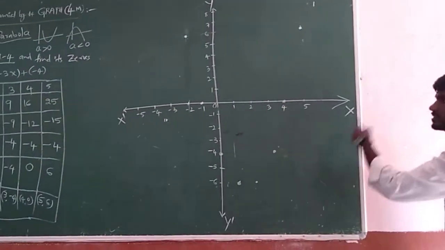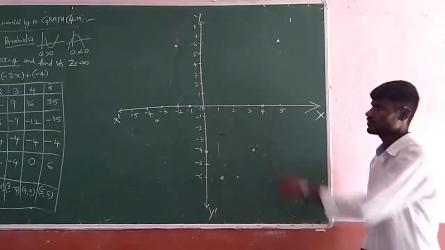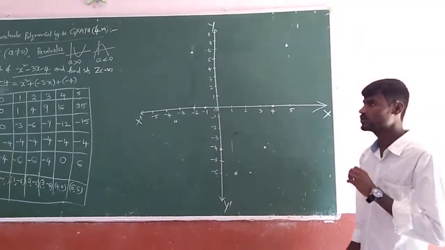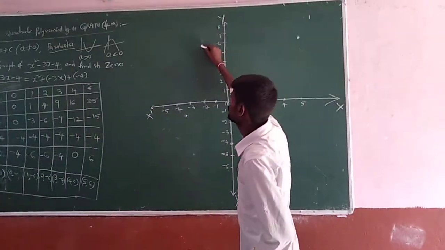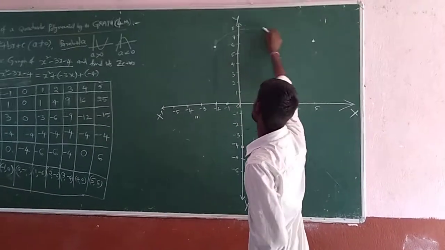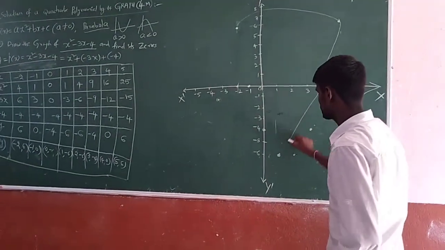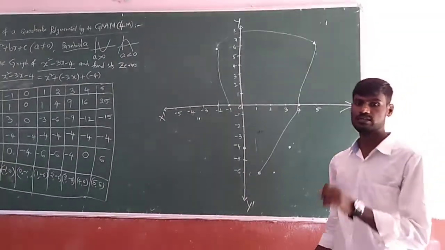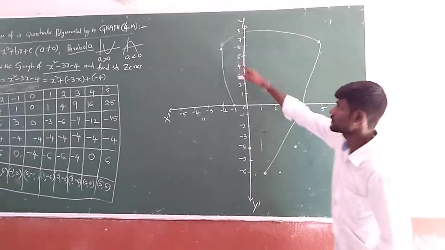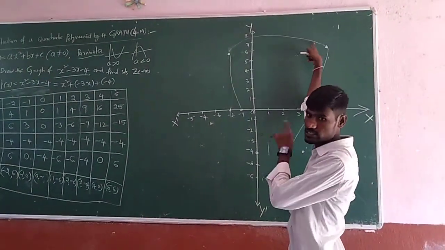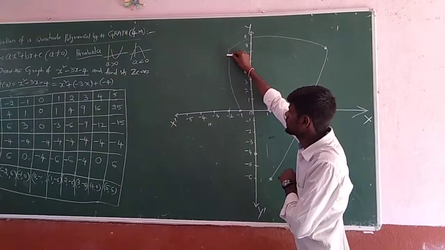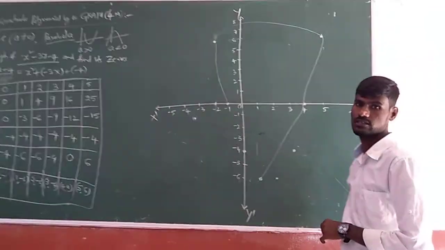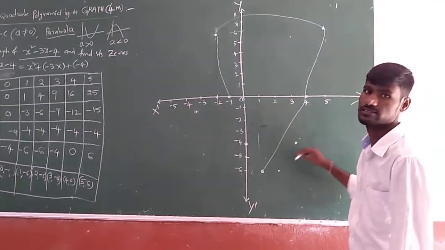If I join all these, you will get the required curve. While joining, some students may make a mistake. It is also a point, then they may start from there, and that will lead us into the wrong route. That's why you have to remember the first point where we located this one, the second point is this one, and this is the last point. You have to go through first point, second point, third, fourth, fifth, sixth, seventh, like that, and go on. That is the main pattern to follow.